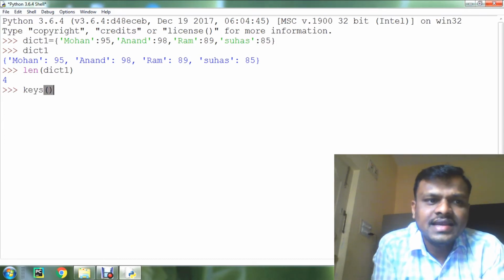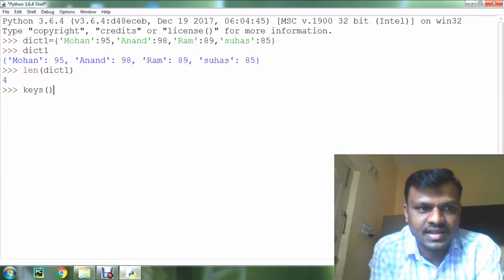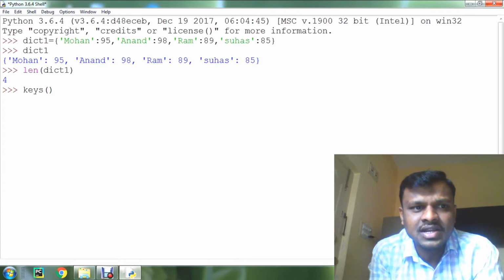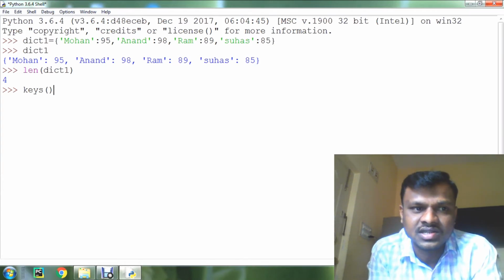Well guys, let's see the next built-in function with the dictionary, that is the keys function. This keys function is going to return a list of the keys in the dictionary. For example, in the above dictionary we have keys like Mohan, Anand, Ram, Suhas. These are all the keys. If I would like to print only the keys, then we use the keys function.